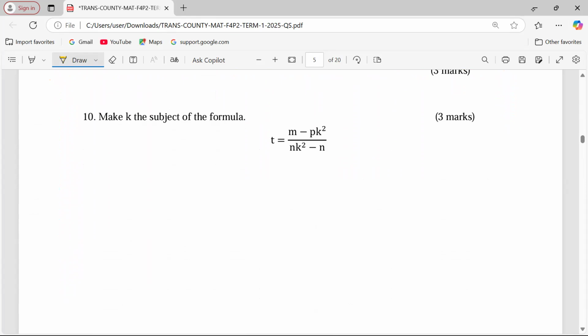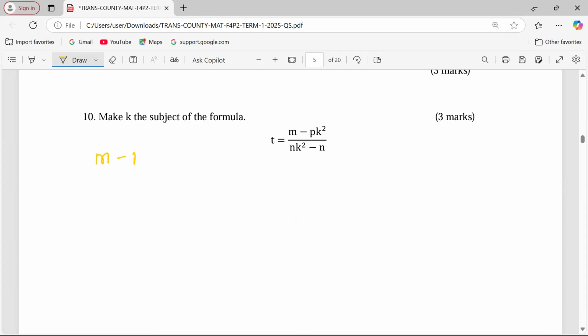Number 10, make K the subject of the formula. We already have the formula here: T equals M minus PK squared divided by NK squared minus N. Let's start by cross multiplication to do away with this fraction. T should multiply everything such that we have